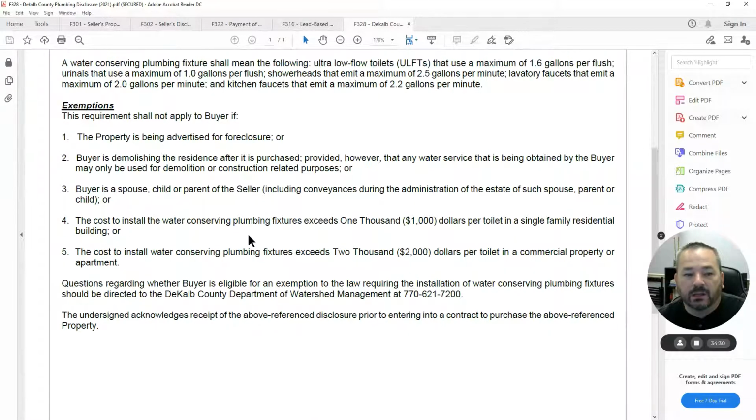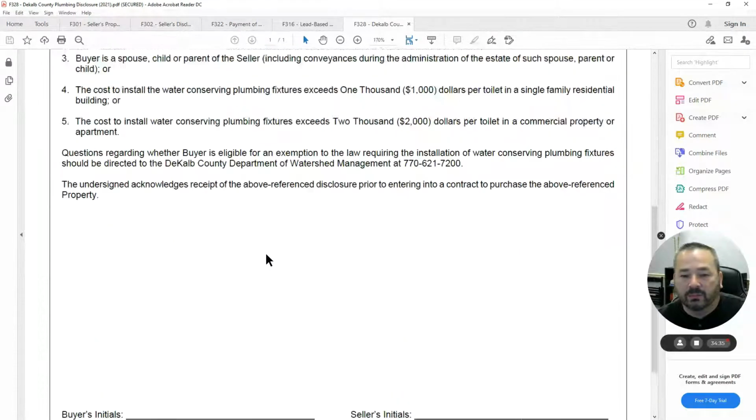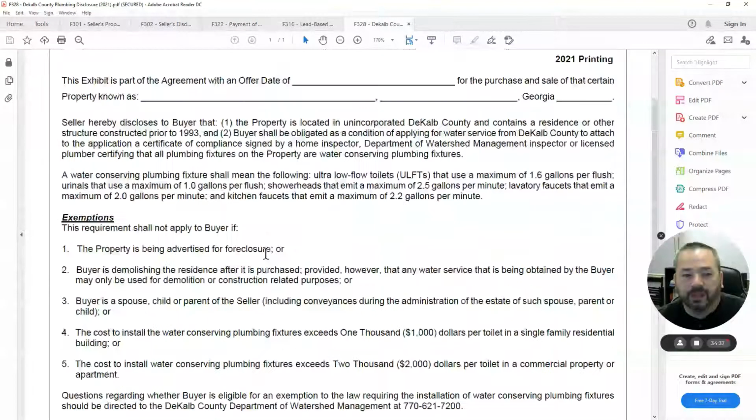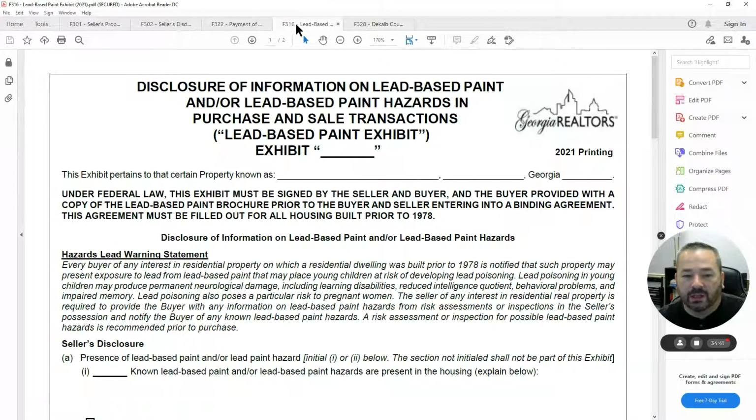So that makes this one a pretty easy form to fill out. And if you've got any questions about it and whether or not it's necessary, certainly get with me. Now I want to get to what